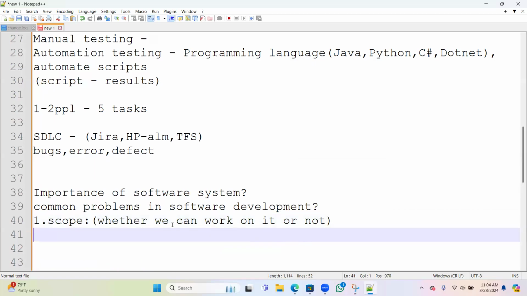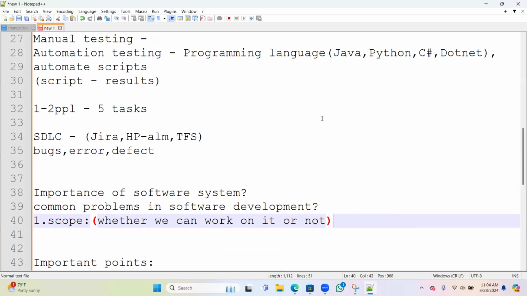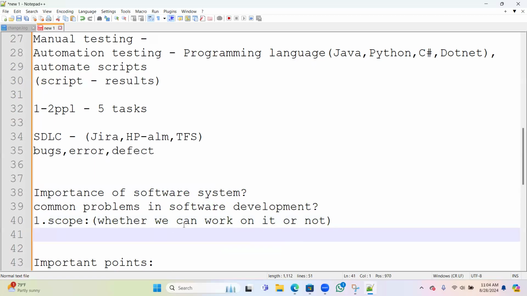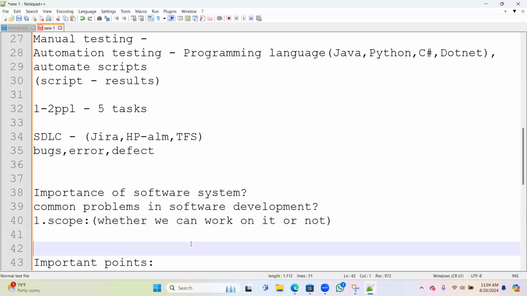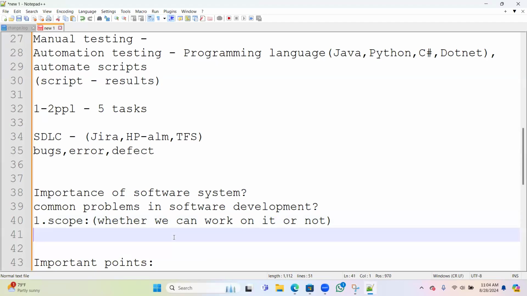That comes under scope. So there is some scope in software testing, where we see whether it can be tested or not. If you take any project, there can be any unplanned expansion, meaning they have introduced some functionality.